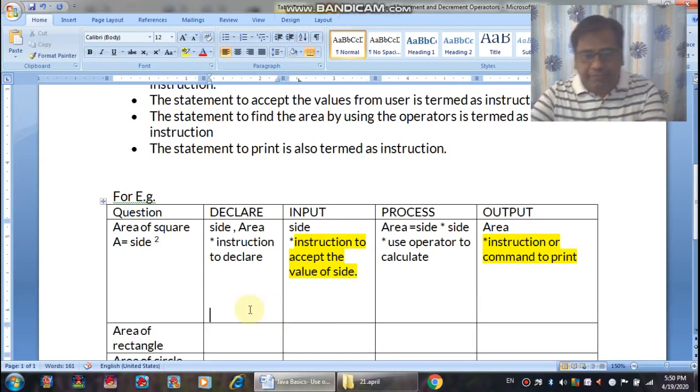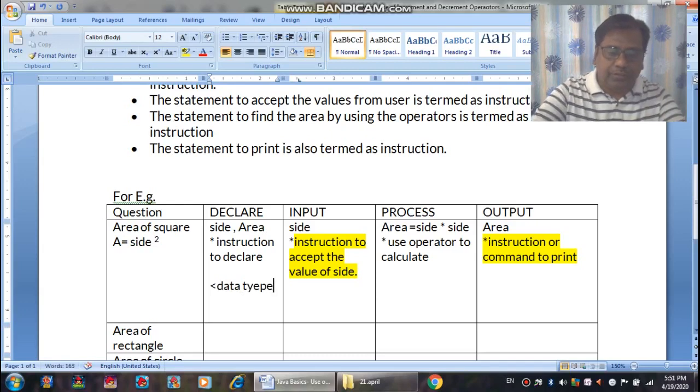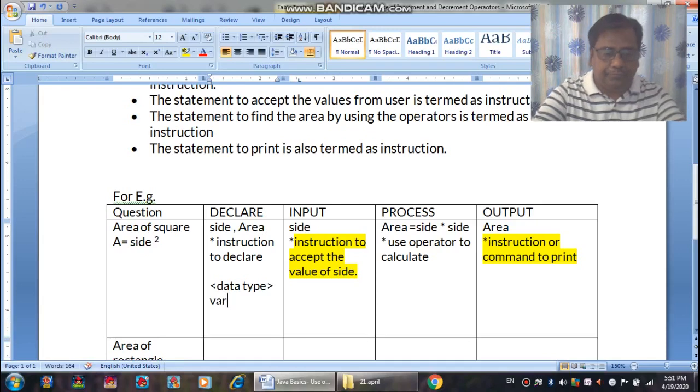So when we are talking about the first question, the declaration method, I hope I have discussed earlier as well that we have to refer to the data type, and then we have to write the variable name.